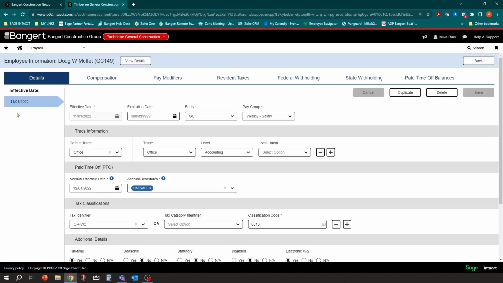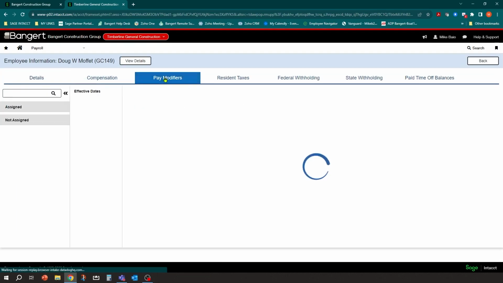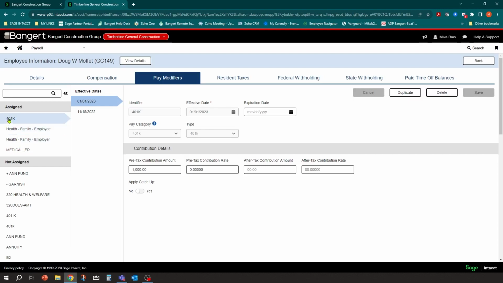So let's say we did need to change that 401k. I can go over to my pay modifiers, and I can go into 401k. I could do a couple things. I could make a particular new effective date by duplicating it and just do an effective and expiration date for that week, and then I can copy over the new one again. But in this case, I'm just going to go back and change it afterwards.